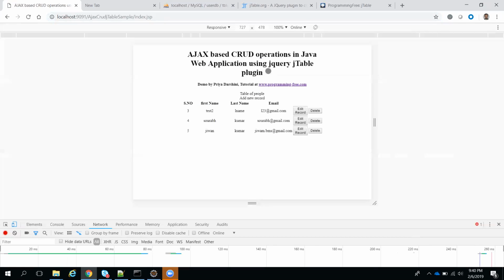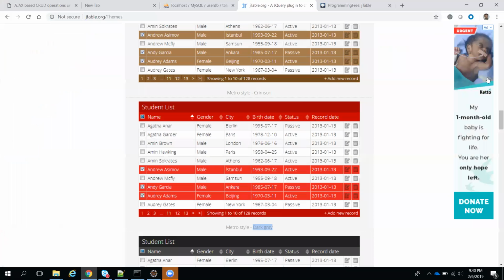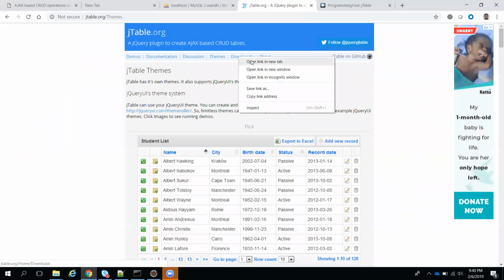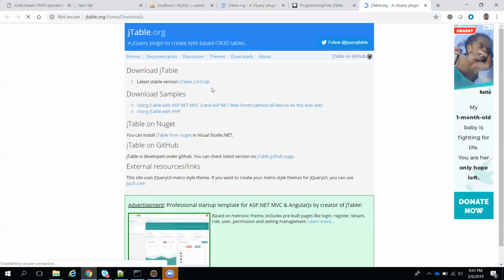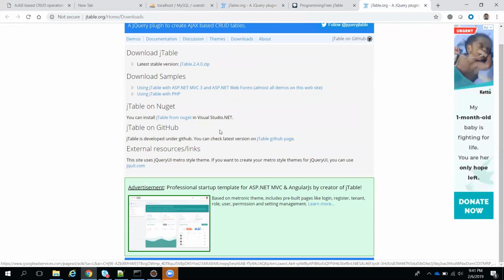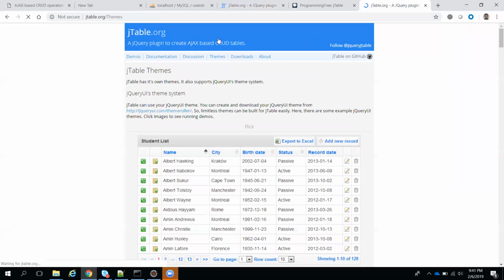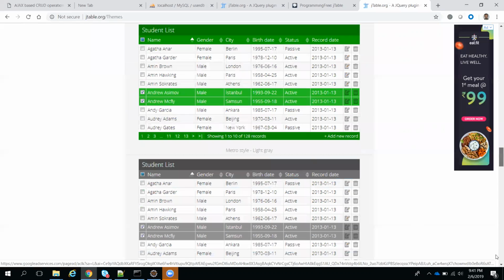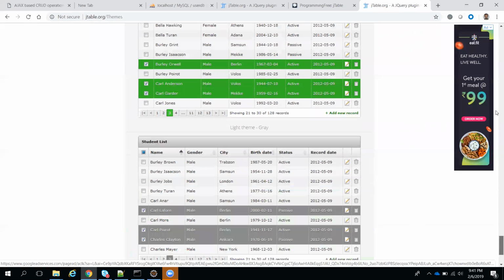There is a downloads section, right? There you need to choose your theme, and we need to download it. See here, if you open a new tab, you can choose the themes and all. This is Theme Roller, so we can select here where we can get these themes. That's what I'm looking into. Based on these themes, we need to download some files related to CSS, then just include that file, and you will get it.